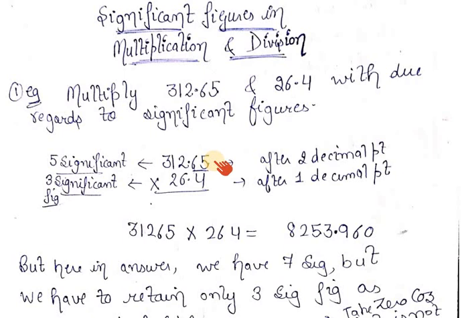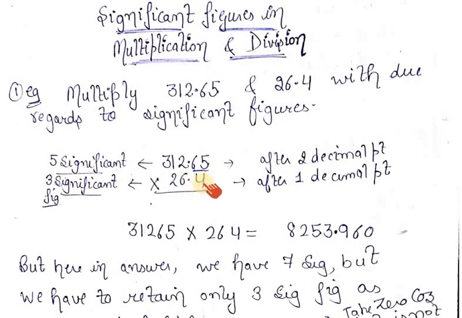And one more thing that you have to notice is there are two digits after the decimal place. This is a decimal, and after the decimal you will see there are two digits, 6 and 5. So in the first number there are 5 significant figures and 2 digits after the decimal place. Now come to the second one. The second one is 26.4. How many significant figures are there? 3. 1, 2 and 3. So there are 3 significant figures in total in this number, and after the decimal you will see there is only one digit,